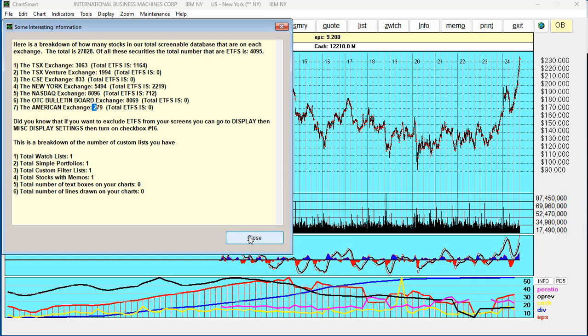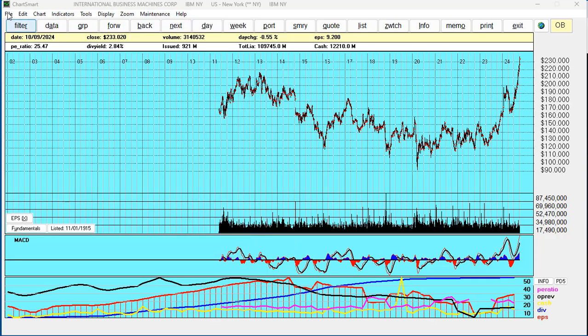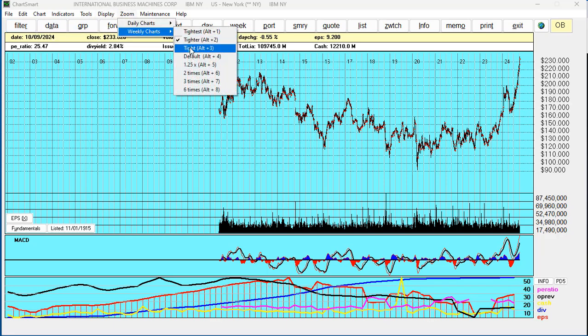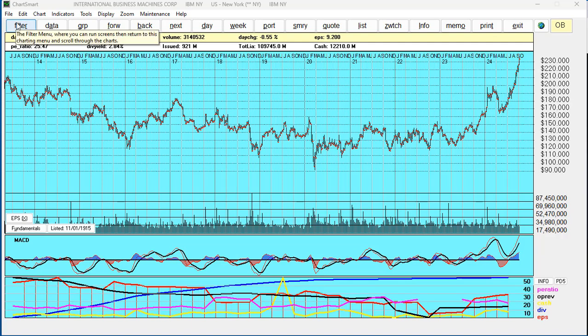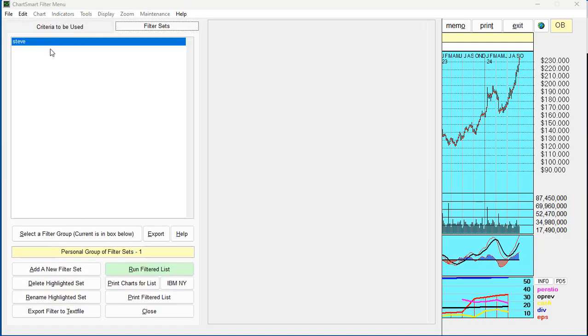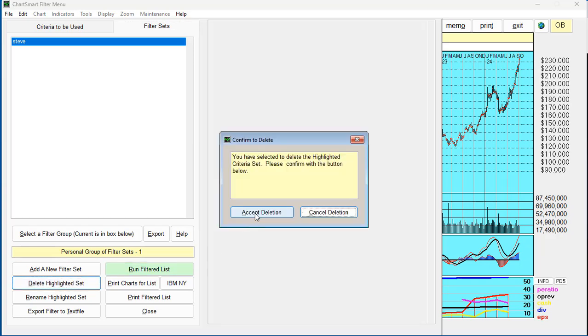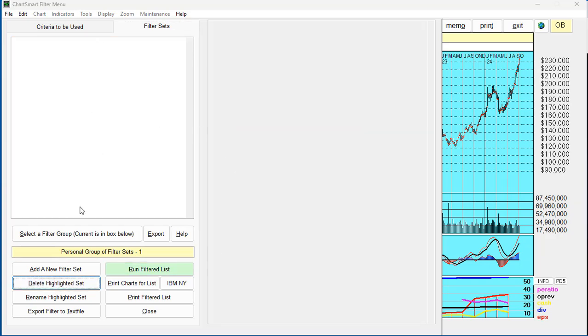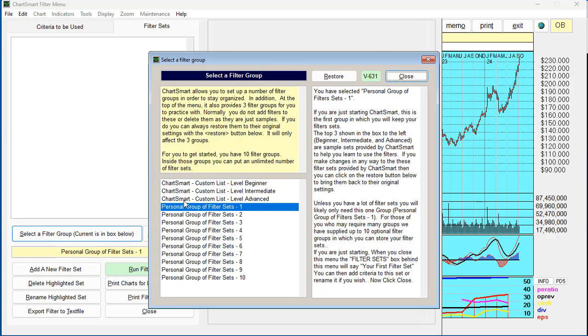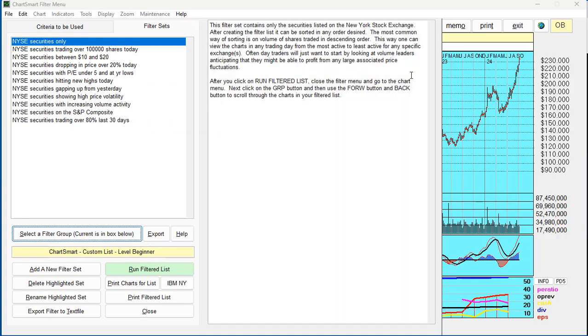And in the future, though, ChartSmart Global, I'm going to go to the filter menu here. I'm going to first zoom this back to 10 years, and I'm going to show you the filter menu, and I'm going to delete this set. And don't worry about this area. I'm just going to set it back to the original settings. Okay. But what I want to show you is the way it's set up now is that